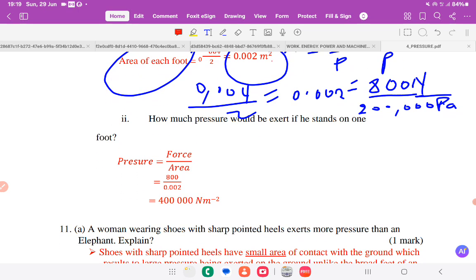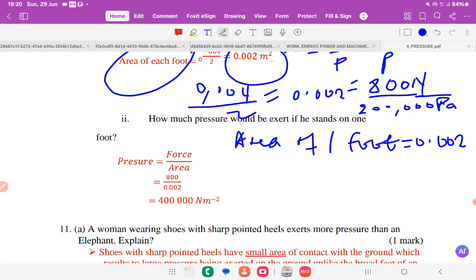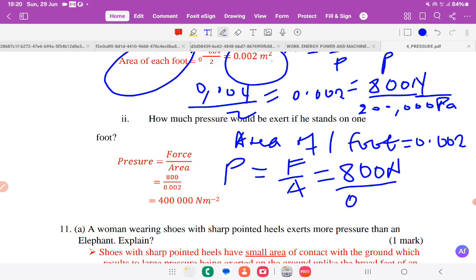How much pressure would he exert if he stands on 1 foot? Okay, so the area of 1 foot, we found it is 0.002. Therefore, using pressure equals force divided by area, the force will be the same, 800 newtons. Then you divide this by the area of 1 foot. This must give you